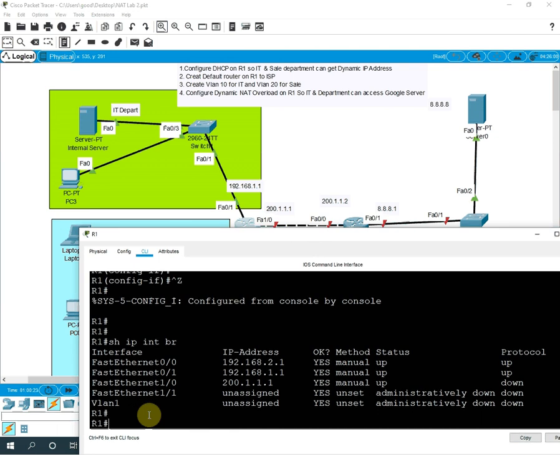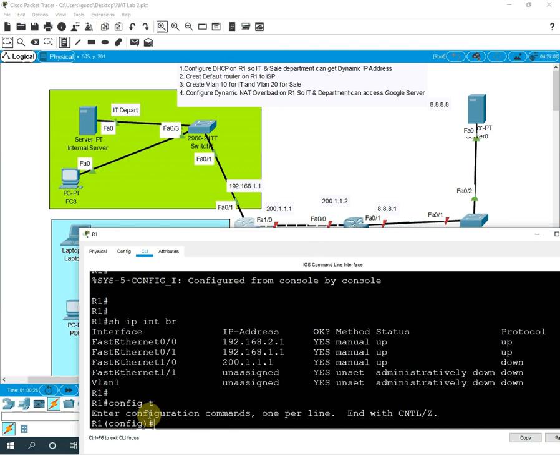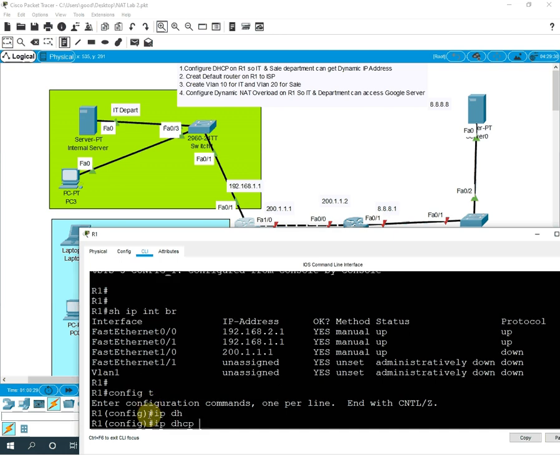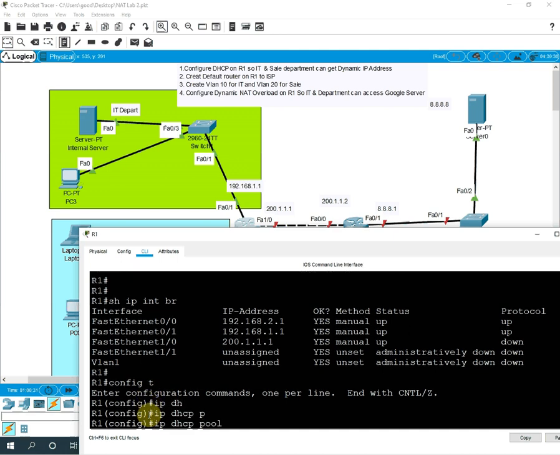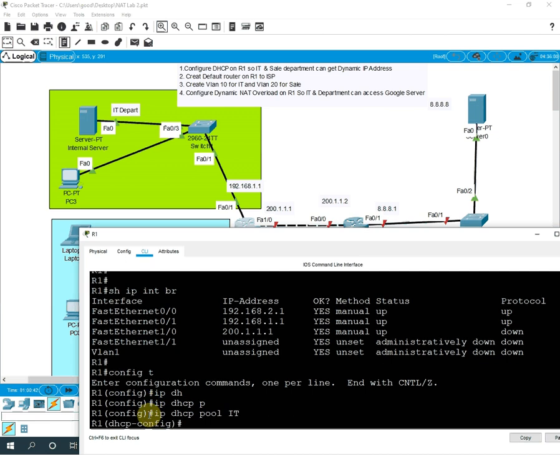Let's start. Whenever we want to do any configuration, we need to go to global configuration mode. Then we need to write IP DHCP pool. Then we need to give any name. Because I am creating this DHCP for the IT department, I will write IT. So this is a DHCP pool for the IT department.